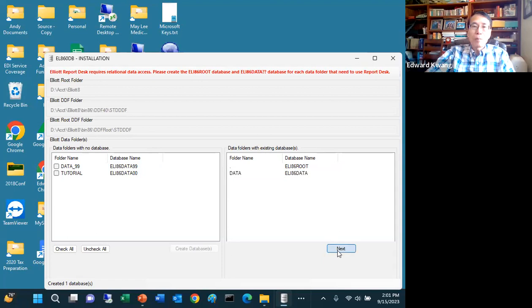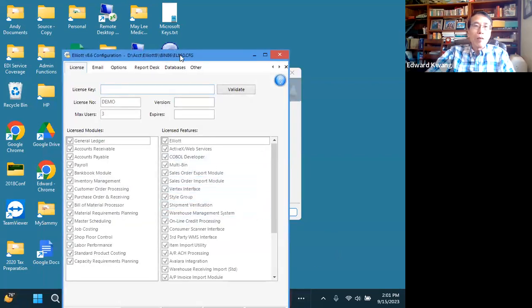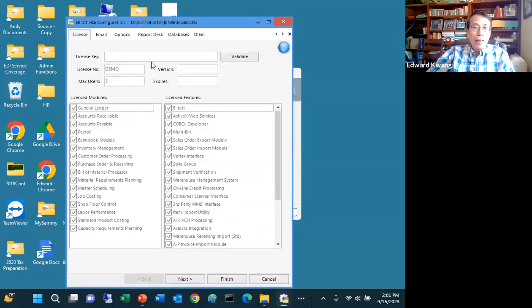So I'm going to click on next. Now, I just created the database, and now they ask me for the license key, and at this moment I can put in my 8.6 license key. Keep in mind, the 8.6 license key is different from 8.5, and if you are already on 8.5 and say I want to run Elia 8.6, you need to contact us, and we will send you an 8.6 license key.